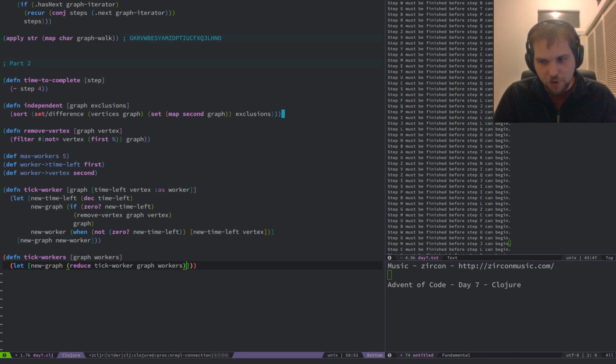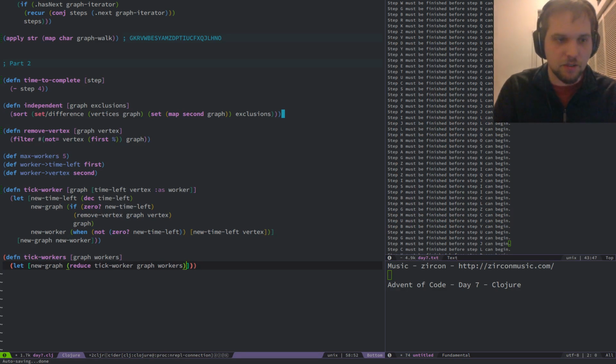I can do this in one of 2 ways. One is to separate those concerns and just recalculate the worker twice, which seems really cheap to me. The other is to, well, let's do that.